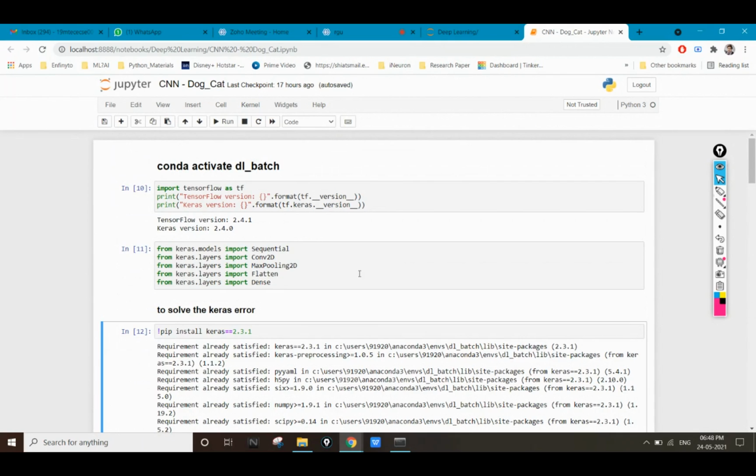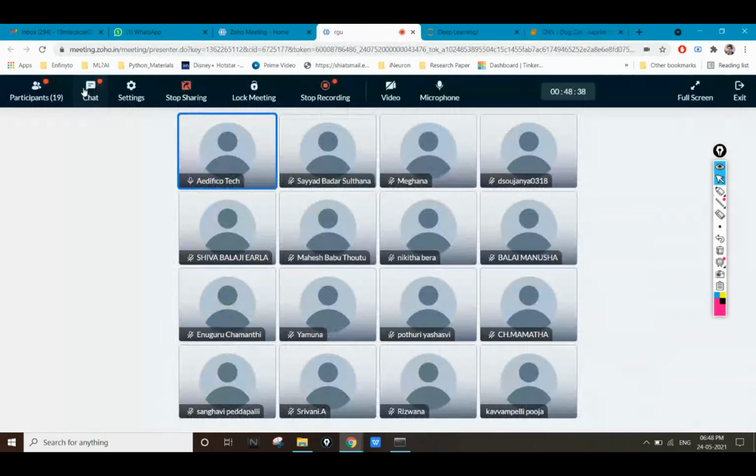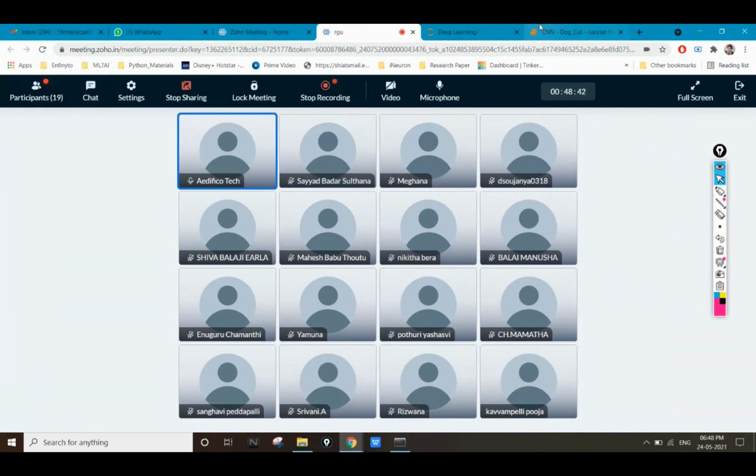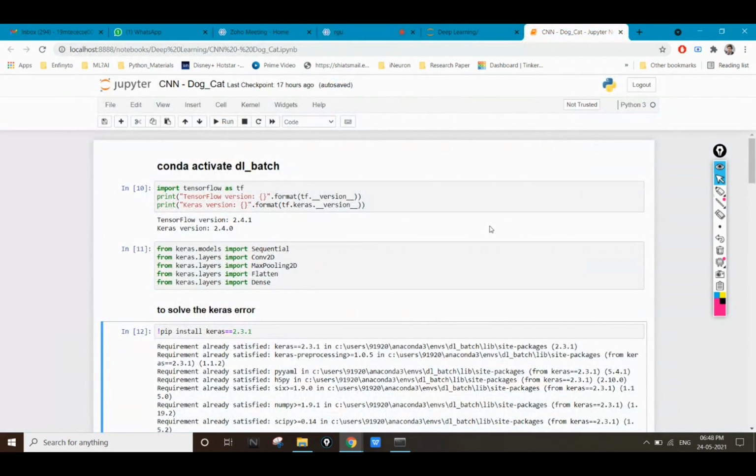You have to do a multi-class classification. You are not going to classify only two classes. Apart from that, I will also provide one dataset consisting of 100 images, 10 or 20 images of each class, which you also have to use to generate a CNN model.